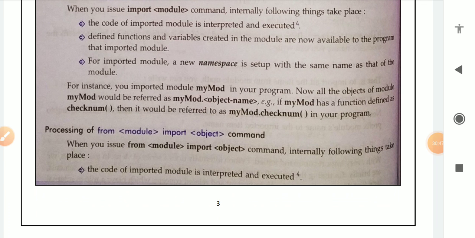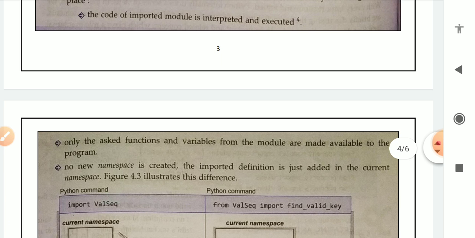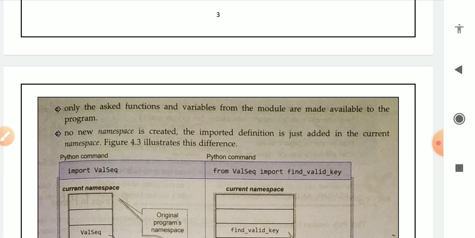The code of the imported module is interpreted and executed in the first step.